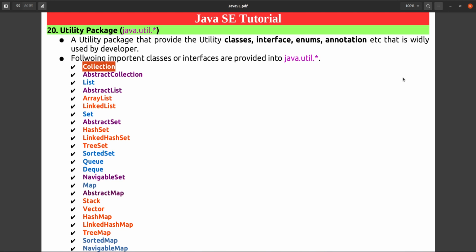We will see that thoroughly. In the same way, queue is there, which is first in first out. Stack is there, which is first in last out. And linked list, doubly linked list, one-way linked list, two-way linked list, and some of the algorithms, all are present here.